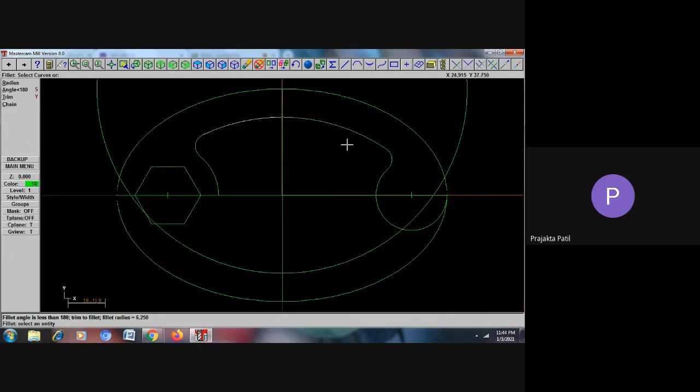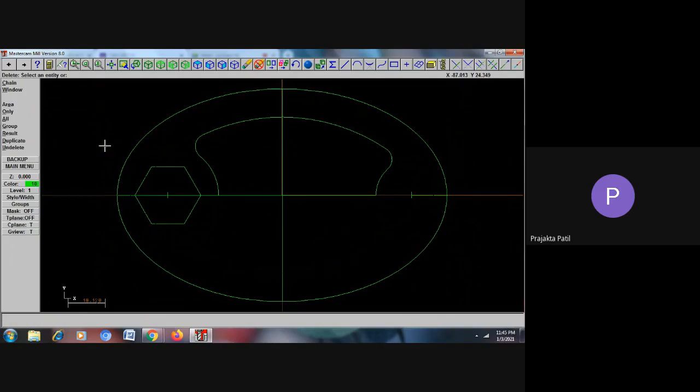Okay, once I'm getting half of this pocket area, what I can do is get a mirror image of it. Before I proceed to getting a mirror image, I need to trim off this part. I don't need this part here. So I'll go to modify, trim, two entities. I'm selecting 1 and 2. It has got trimmed. Now this particular circle that you see is not required, so I'm deleting it. Next, I'll go to the main menu and go to XForm mirror. Okay, mirror what? This region.